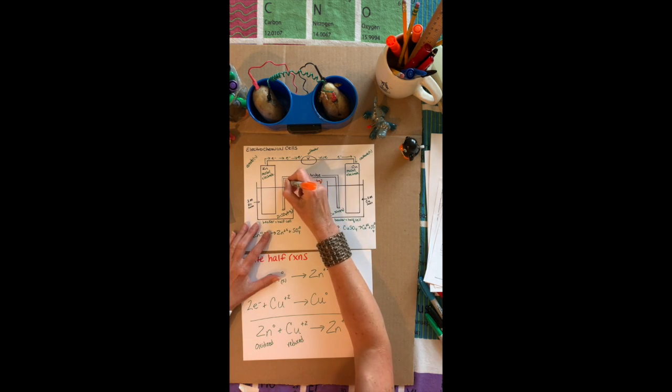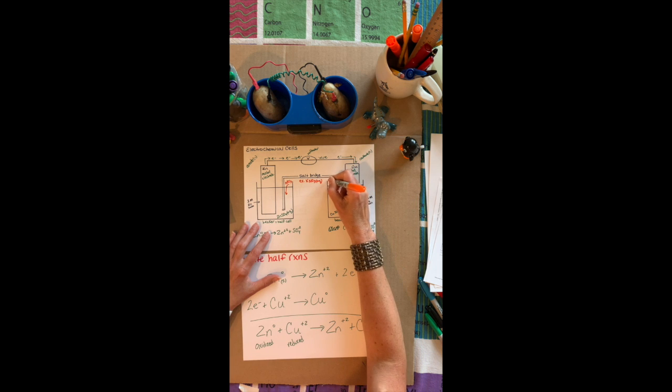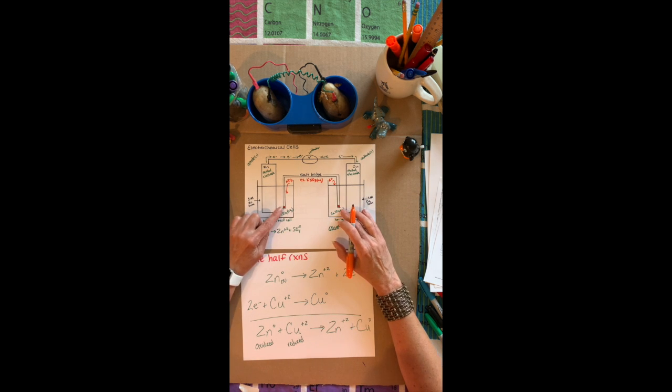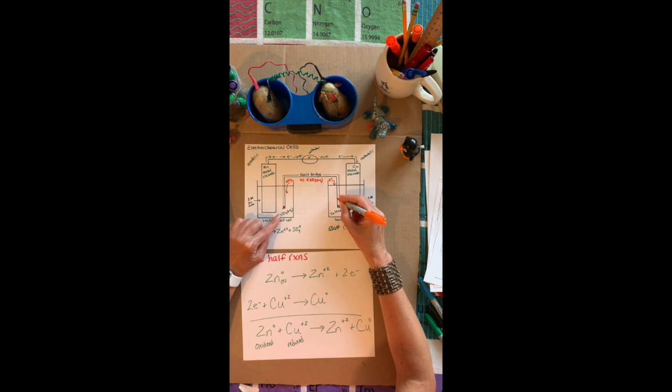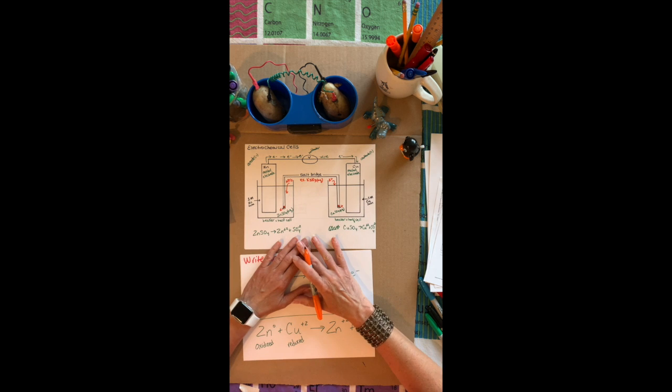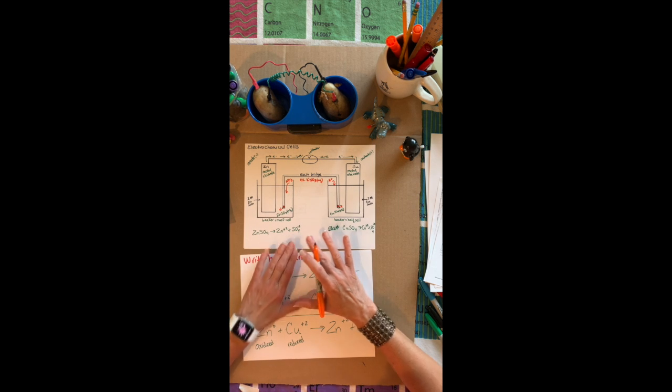So what ends up happening is the NO3- ions go in this direction, and the K+ ions end up going in this direction. There's like a little porous plug at the end of the salt bridge, but it allows those ions to kind of go into solution here,